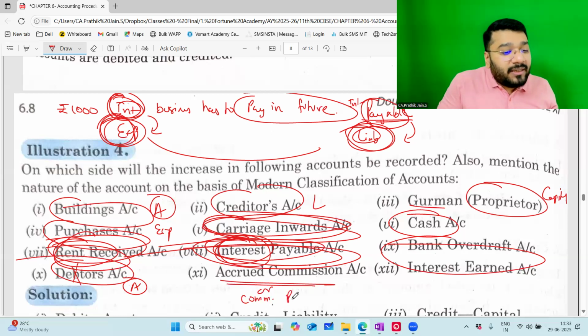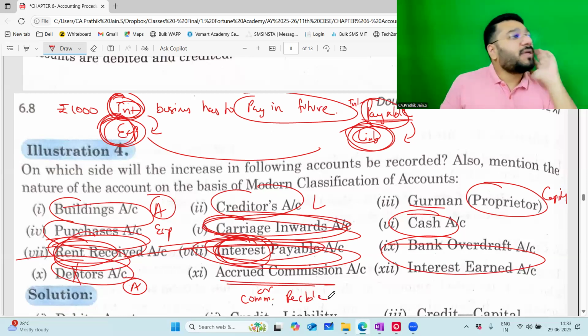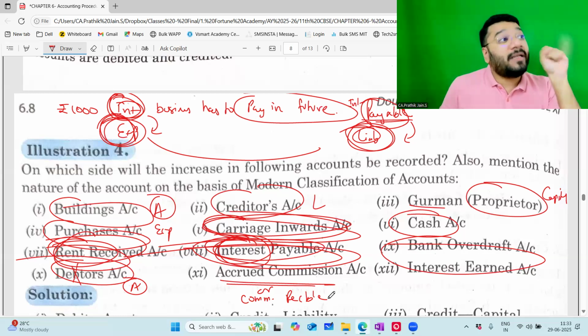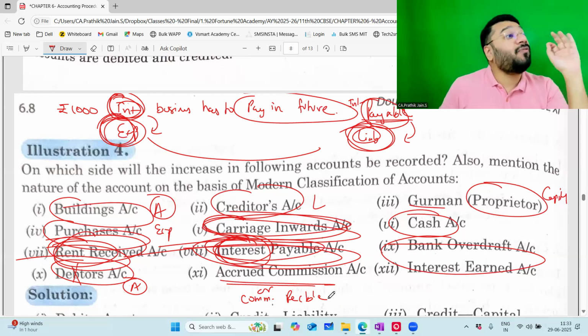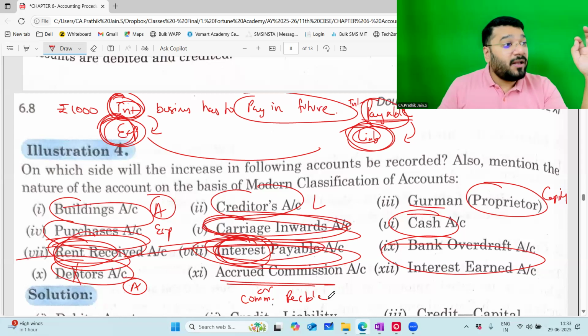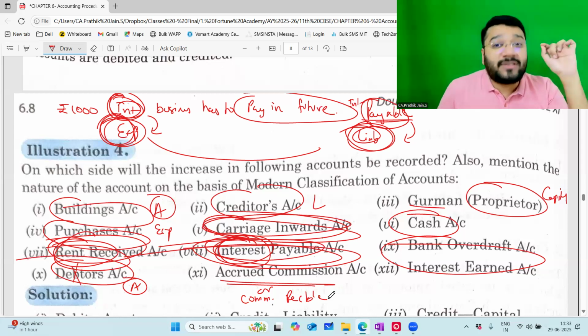Accrued commission. Another word is commission receivable. Asset. So I told you, asset. Accrued commission, that is accrued income, unearned income, prepaid expenses, outstanding expenses. These four I can explain in depth only in the journal topic, because we have a situation to discuss. Each item will take at least 20 to 30 minutes to explain, which means I'll take 2 hours to explain these four items. That powerful it is, because if this is not understood in true spirit, you'll have a big problem in the financial statements.